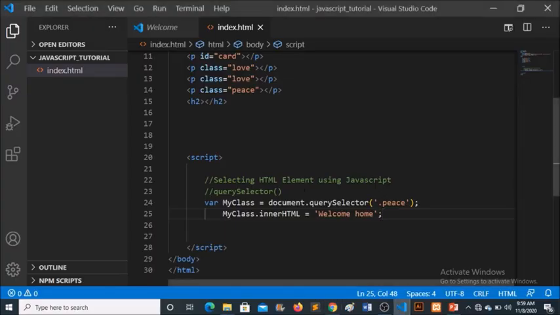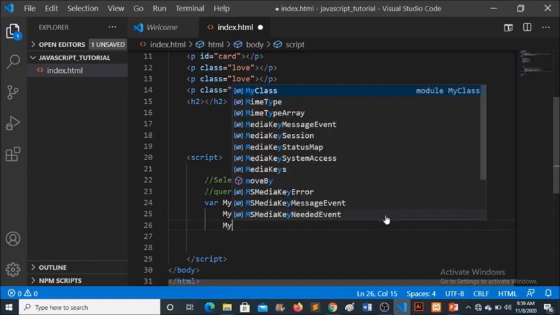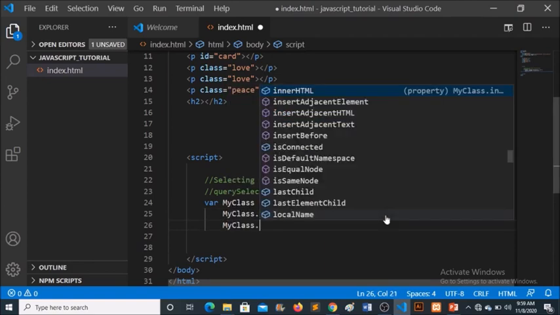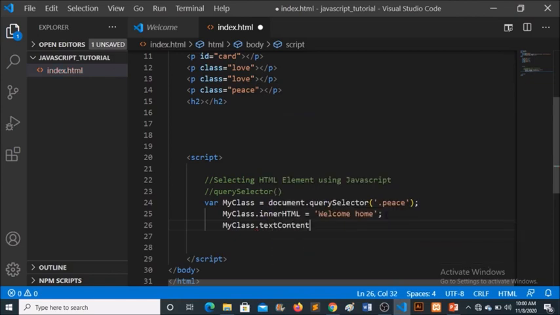So instead of innerHTML, we can also use textContent. They are almost the same thing. It's just that innerHTML will keep showing any entity, be it text, character, or symbol. But textContent tends to be a little bit smarter because it only shows just the characters. So let me just type my class and append it to textContent equal to,